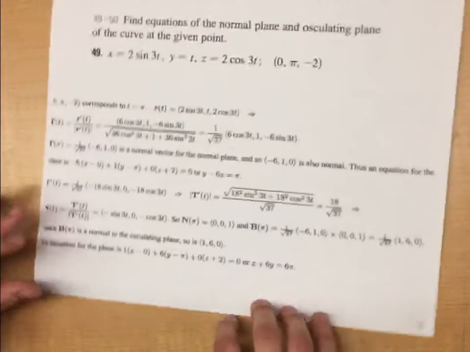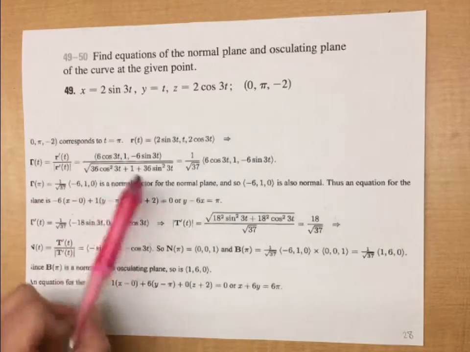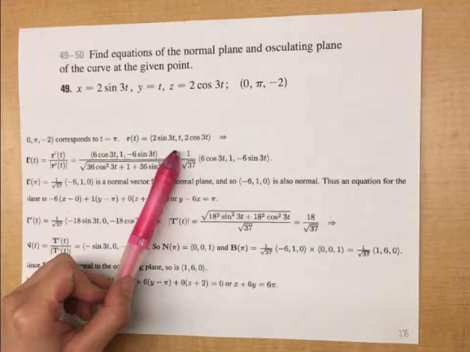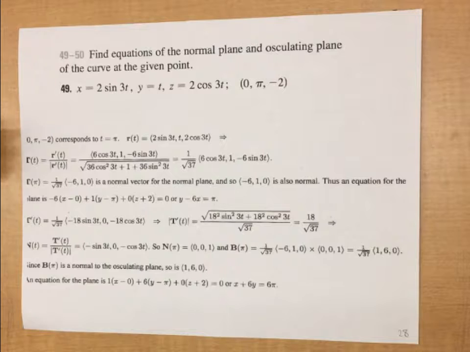And another awesome example: find the equations of the normal plane and osculating plane of the curve at a given point, where x equals 2 sine 3t, y equals t, z equals 2 cosine 3t, and we are given (0, pi, -2). And so (0, pi, -2) corresponds to t equals pi. And so r of t equals (2 sine 3t, t, 2 cosine 3t). And so when we find